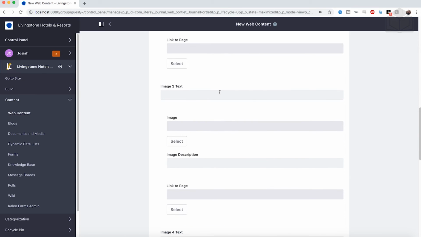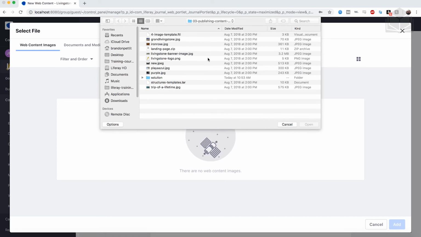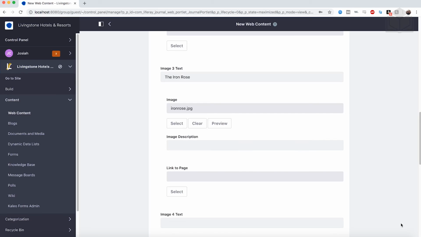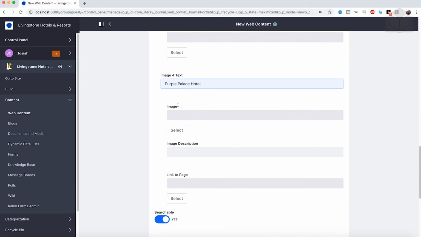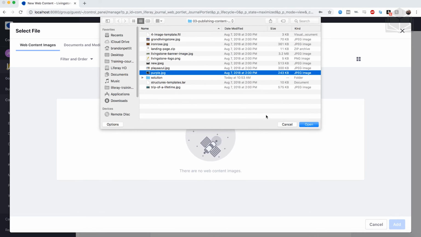Scroll down to the third section, image 3. We can call this one the Iron Rose. Select the image and select file. Find the Iron Rose JPEG and click add. All right, and for the last one, for image 4, go ahead and type in Purple Palace Hotel. Click select for image, select file, and go ahead and find the purple.jpg